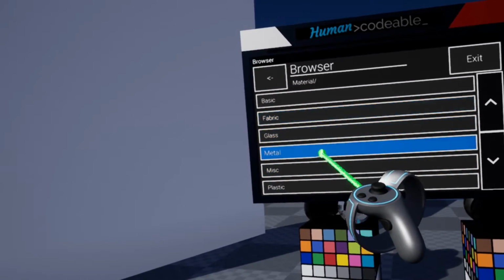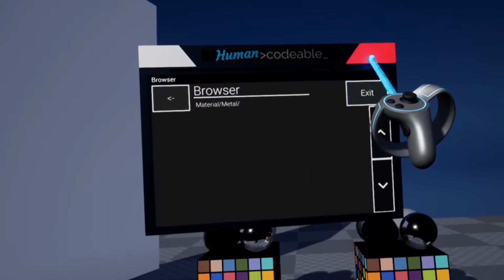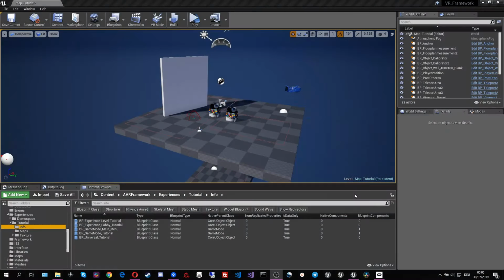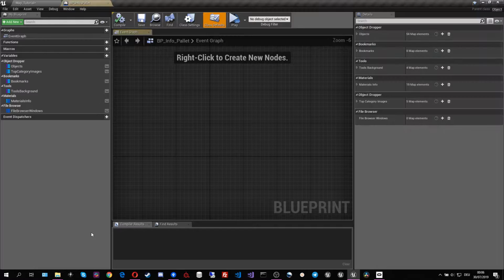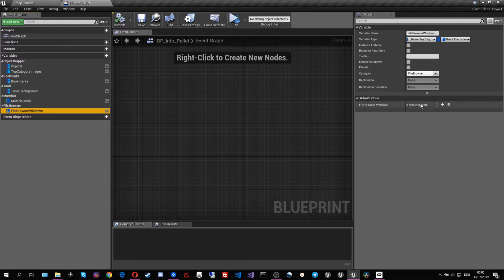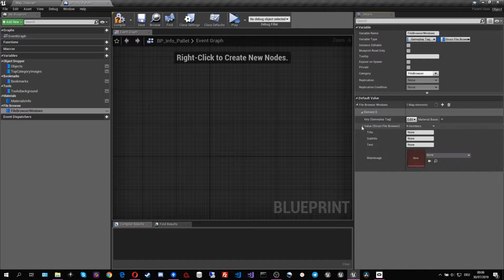So if we want to click on those, we ideally want some information to pop up. So let's do that and add the information. To let the browser display an information window when we click on the item, we simply need to assign the information to the gameplay tag. So to do that, let's go into Blueprints, Info Palette, and there we have the file browser options. In here we basically just have a map, and we need to assign the gameplay tag to which we want to set information. So for example this, and I'll call it tutorial,